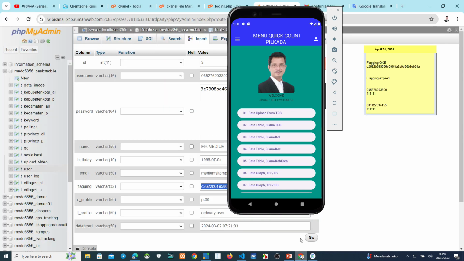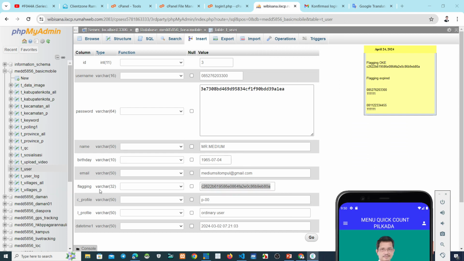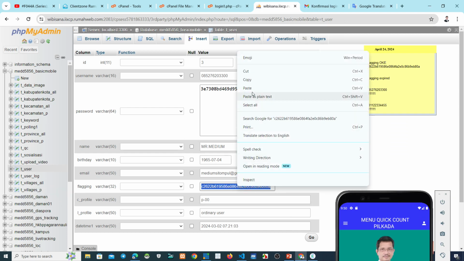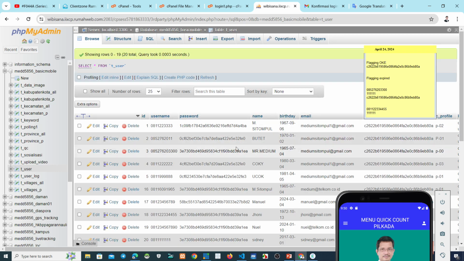Now we check the flagging first. This is the flagging, and where's the user? This is the user. Where is it?